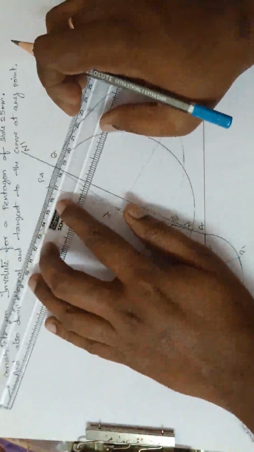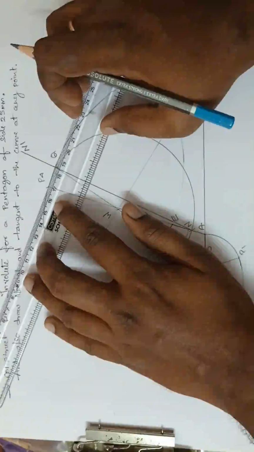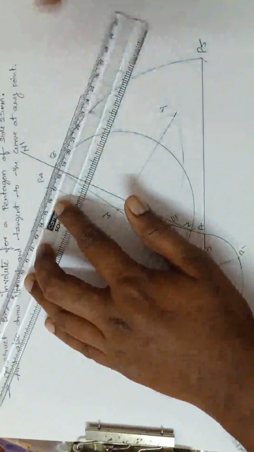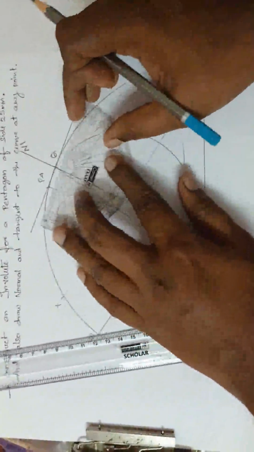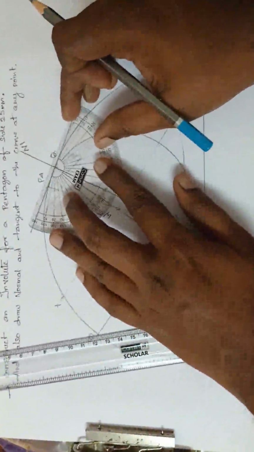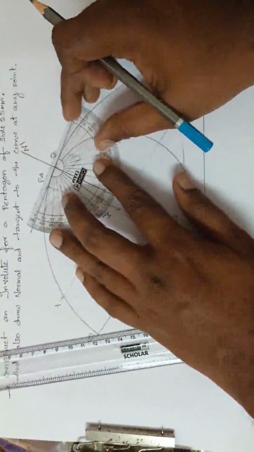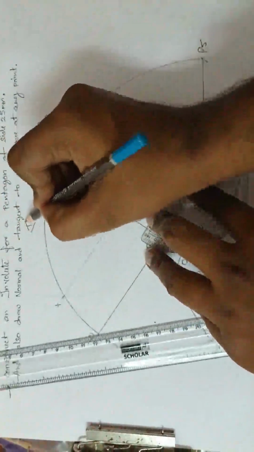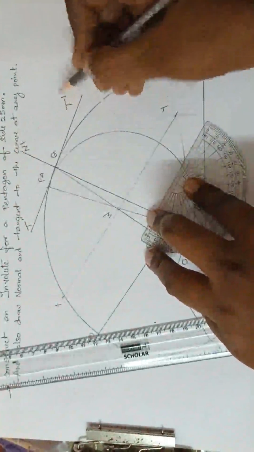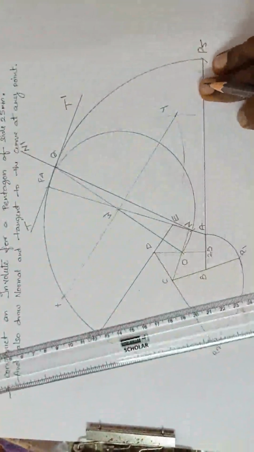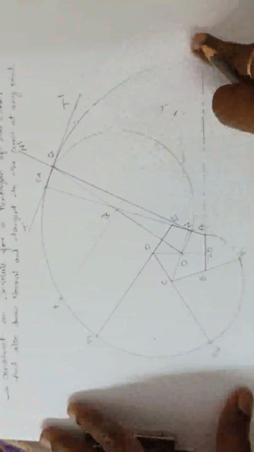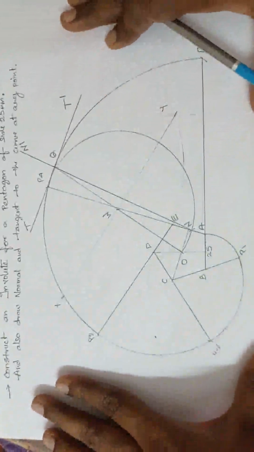Now, perpendicular to this normal is the tangent. Just draw the perpendicular. Or you can use a protractor also. See here, I'm using a protractor. That is the best way. Just put the protractor here, 90 degrees. Just mark 90 degrees here, and you can join. So what is this? This is T and T dash. In this way, what we did, we have drawn the involute for the pentagon and also the normal and tangent to the